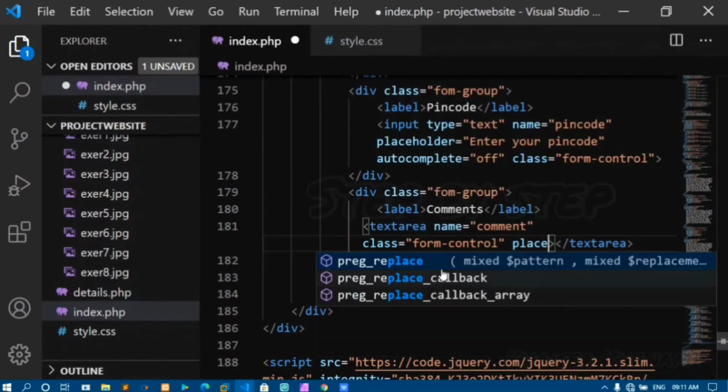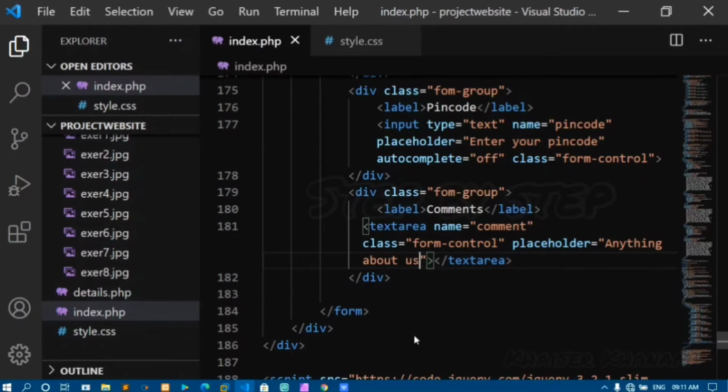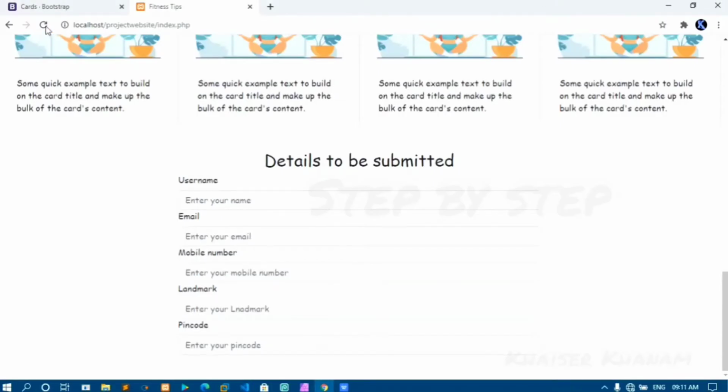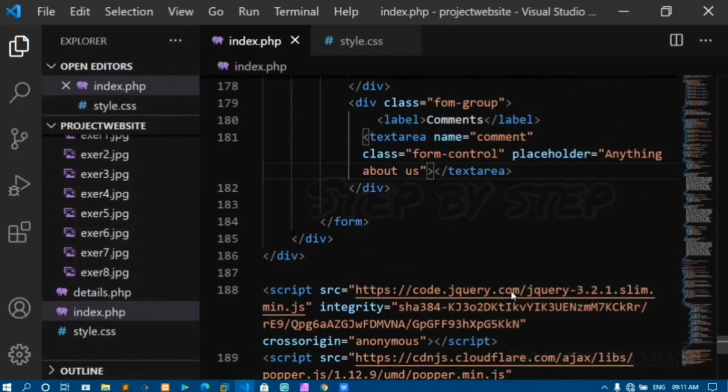And placeholder. Anything about us. Save this. Refresh this one. So now you can see our comments box has come here.